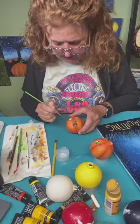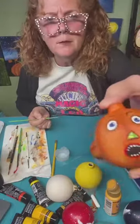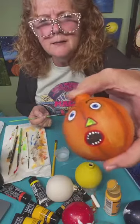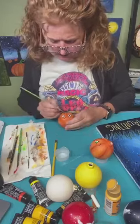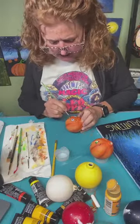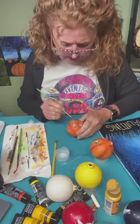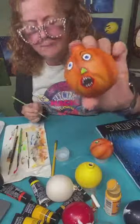You could do this around the mouth and the nose if you wanted. And it's just given the eyes, they pop just a little more. Could do that around the nose. We could even give him cheeks. Let's see, I'm going to take that, and if I just go like that, and then